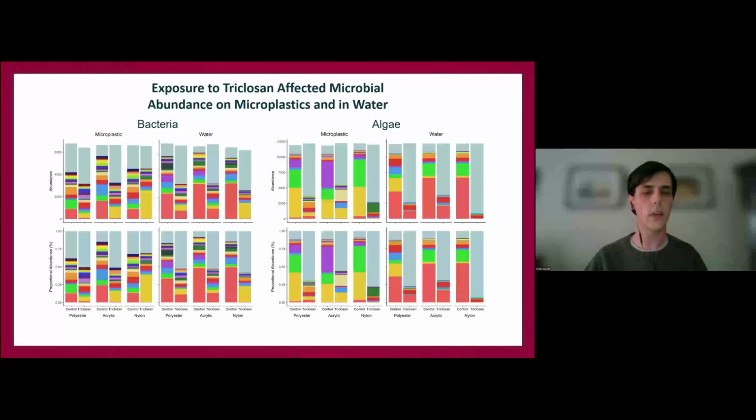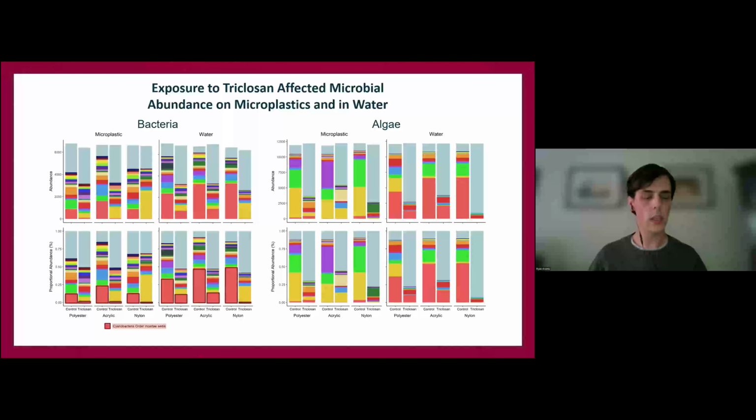We took these findings and then further investigated them by composing abundance plots here. So again, to orient you, there's absolute abundance on the top row, and then on the bottom row, proportional abundance, where every rectangle of a different color is representative of one of the top 20 most abundant bacterial or algal orders. So on the bottom here, if you look at changes from control to triclosan per polymer type, we see